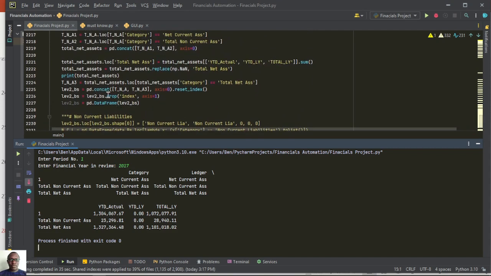And then down here we are saying that TNA3 is equal to total net assets dot log. Category is equal to total net assets. And then down here we are saying that level 2 BS is equal to pd.concat TNA3, and where this is equal to 0. So TNA is total net assets. TNA3 is the last row